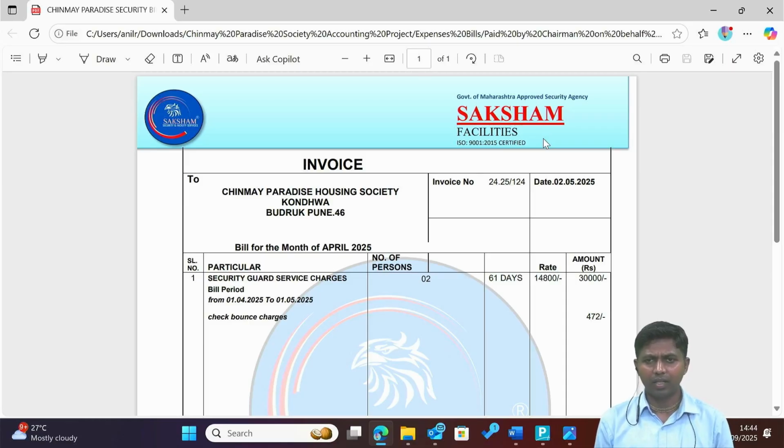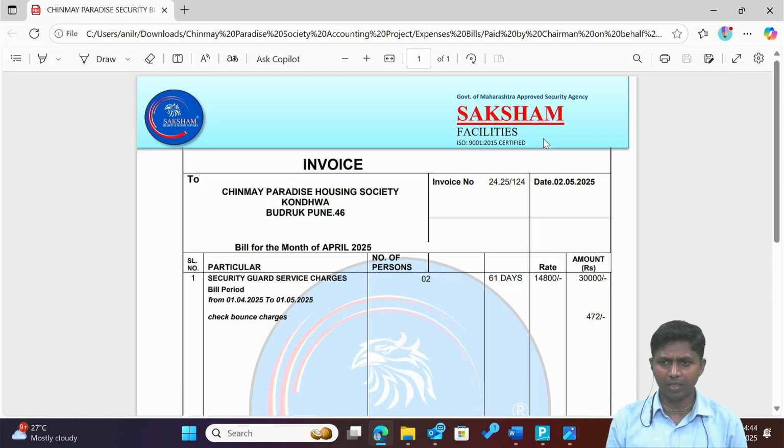If once in a while, once in the year, you're getting this party and you don't want to keep track of the party, then directly also you can pass a payment entry in the payment voucher type, or otherwise first pass the purchase entry and then after that pay this party. Or if your payment date is different from the bill date, then also in that case you can pass two entries,